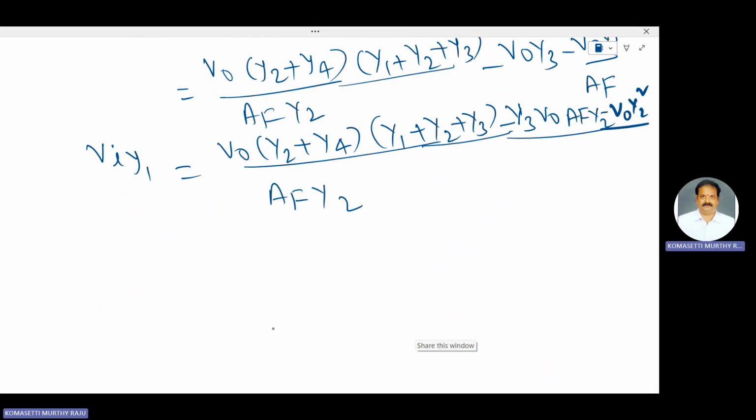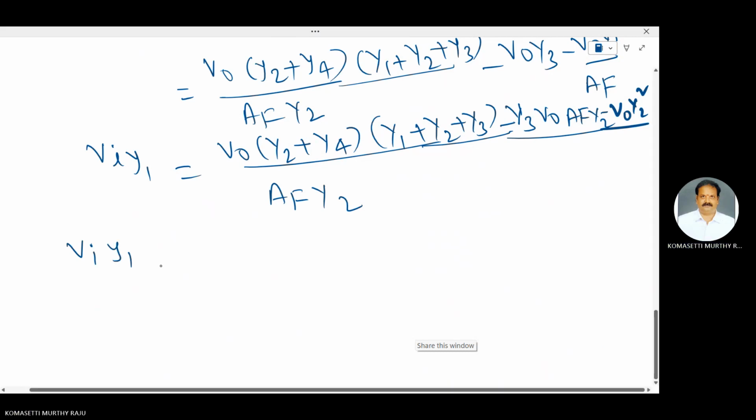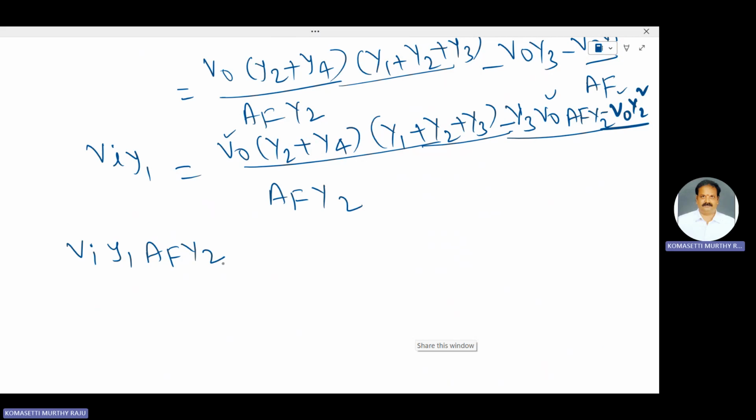Simplify this expression. Vi y1 AF y2. In that expression, V0 is there. Vi y1 AF y2. Here V0 is the common term. Here V0 is equal to